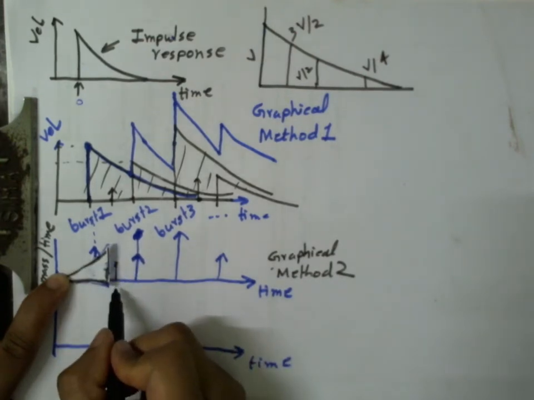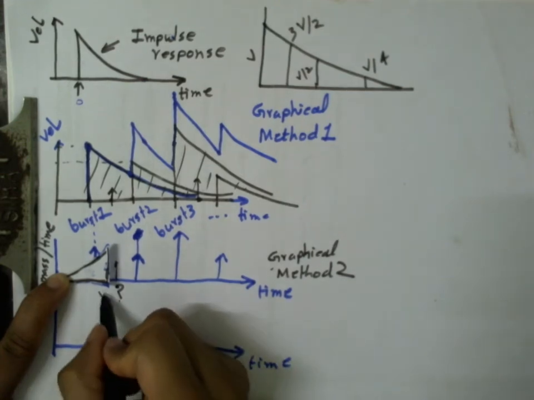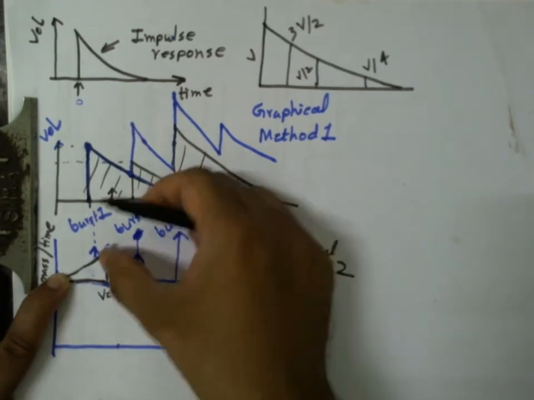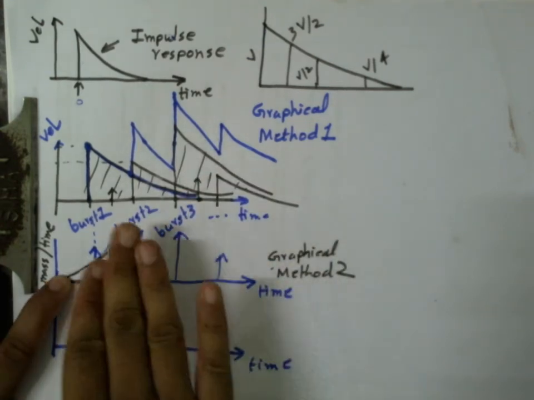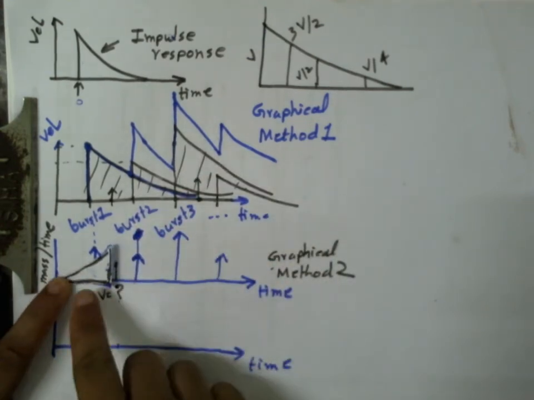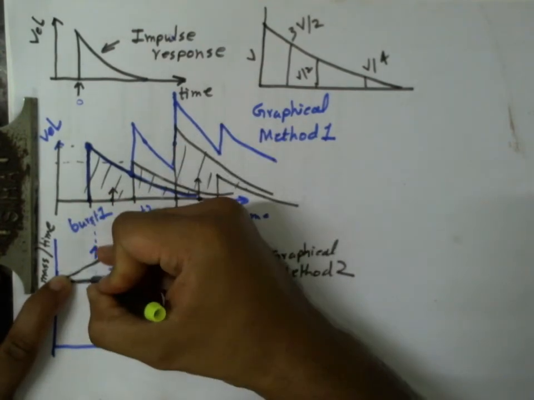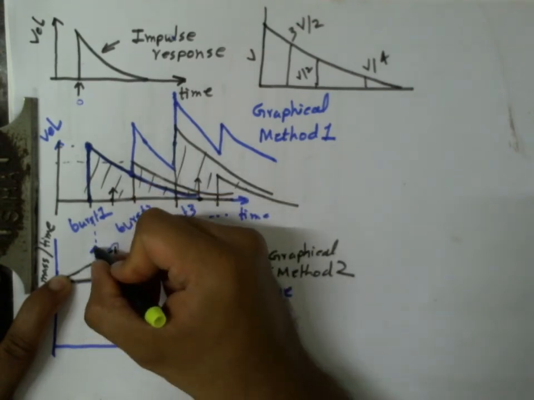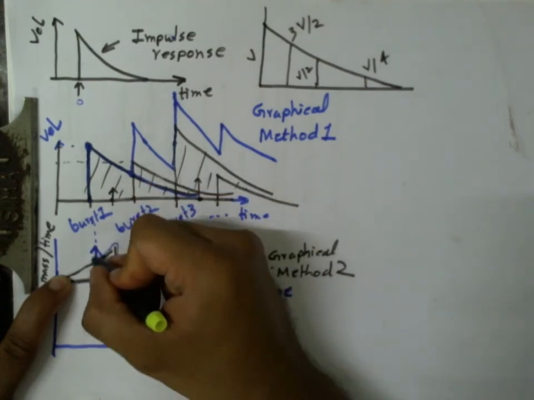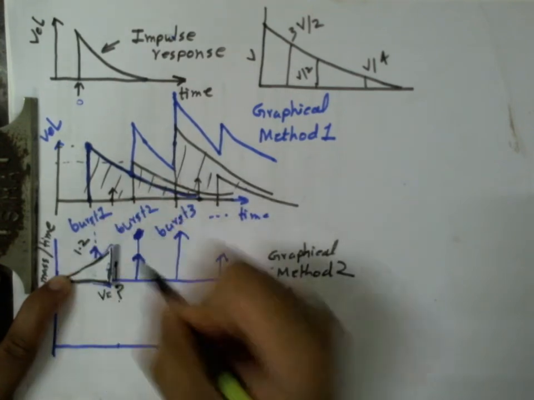So I put this template, this piece of paper which is the flipped impulse response, and I see yes, there is an impulse here, and say the height of this impulse is, for example, 1.2,